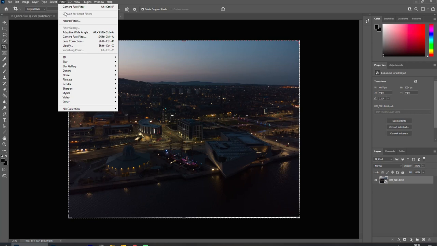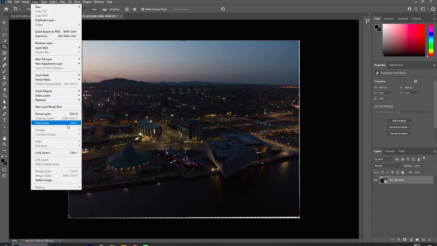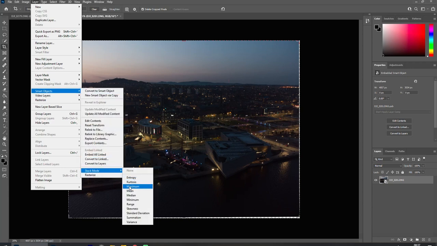So if your aim is to keep all those in your frame, you'll need to go in after you've finished and brighten them up. But Mean is the one that I would use most of the time, because I would be shooting scenes like this that do have moving objects in the frame. So, stack mode